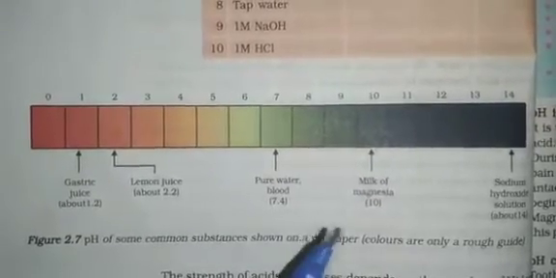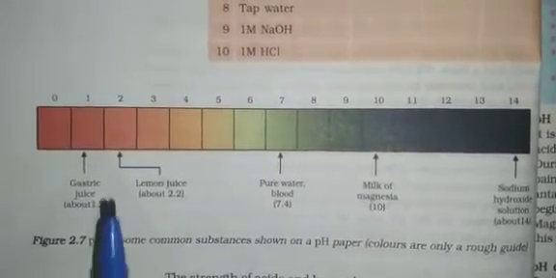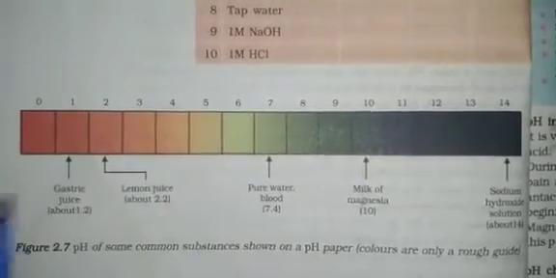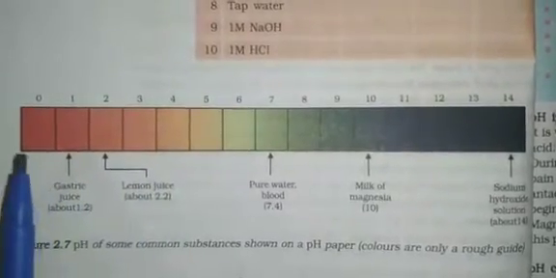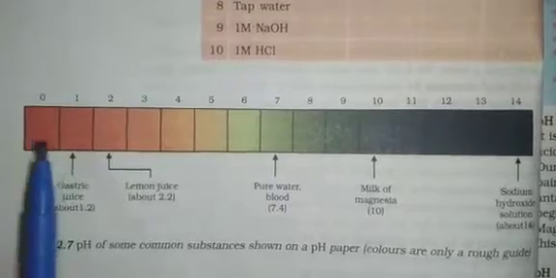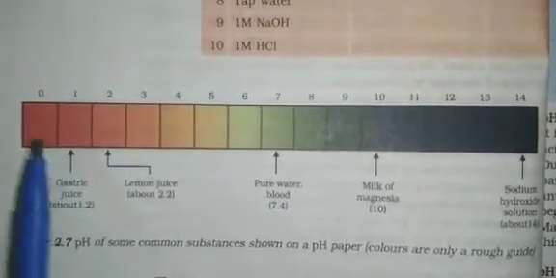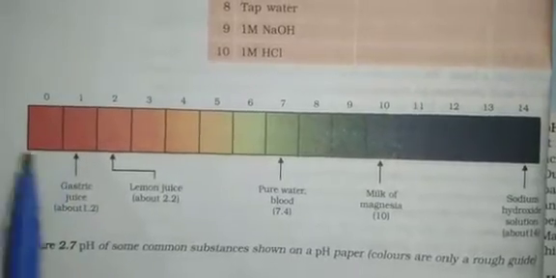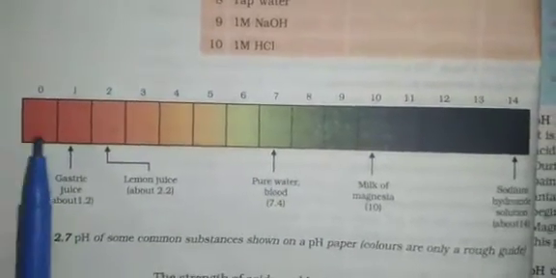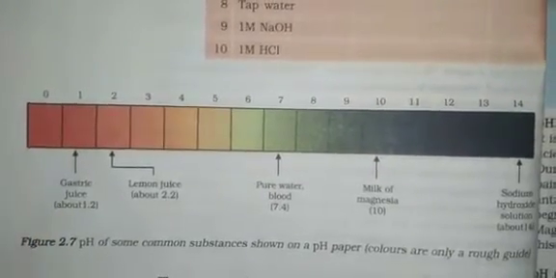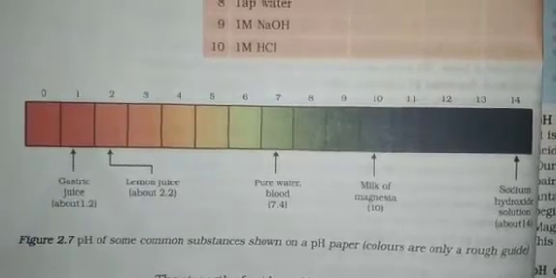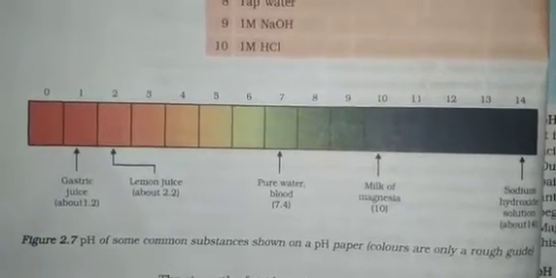Higher the hydronium ion concentration, that is, higher the H plus ions, it means the lower the pH. You all know that. So if the H plus ion, or H3O plus, that is hydronium, concentration and hydrogen ion concentration is more, it is very acidic, right? So very acidic compounds will come in the beginning, that is from 0. Then we can say that the lower the pH value, the more the hydrogen ion concentration.